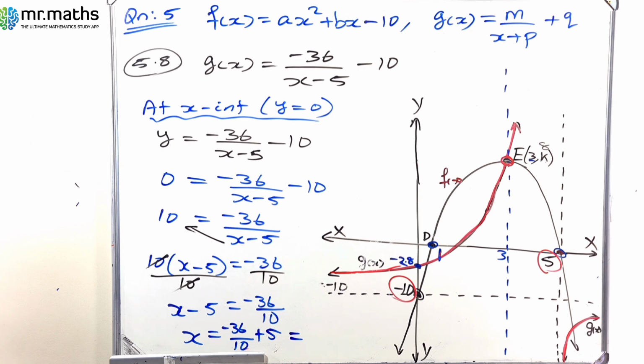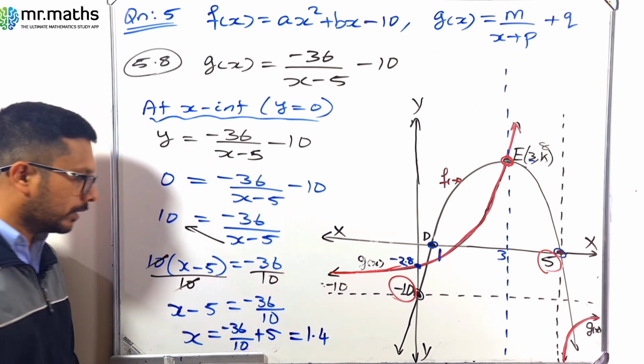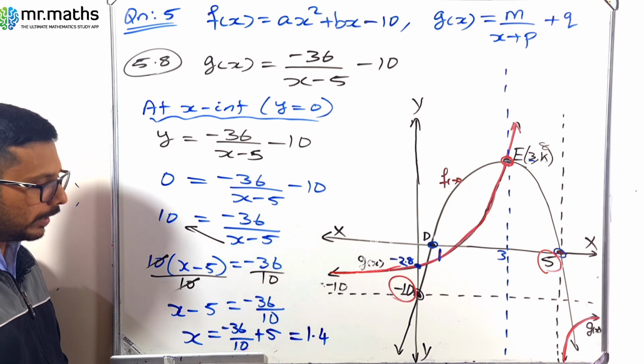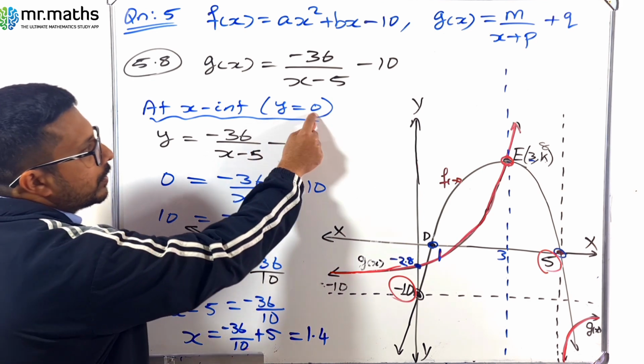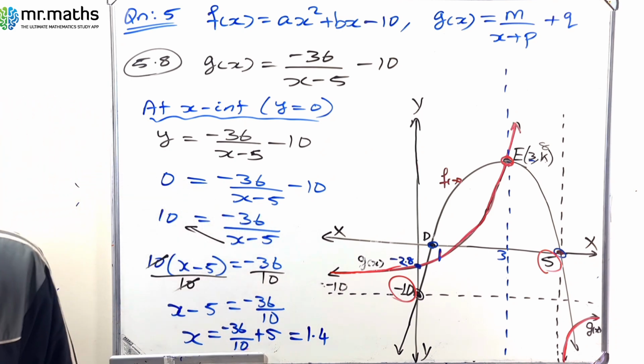So it is 1.4. So you will get the answer, the value of x as in your calculator, 1.4. So what is the x-intercept now? Y is 0. X we got as 1.4. So what is the coordinate? Coordinate is